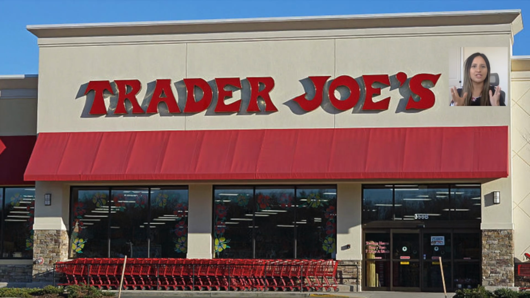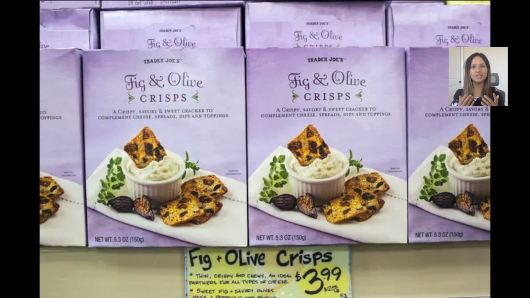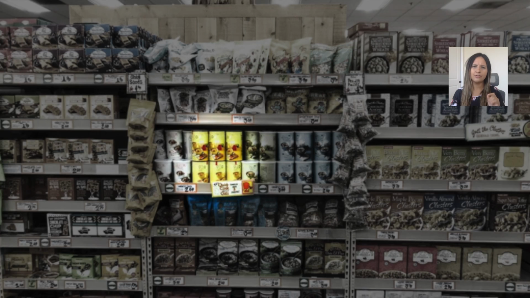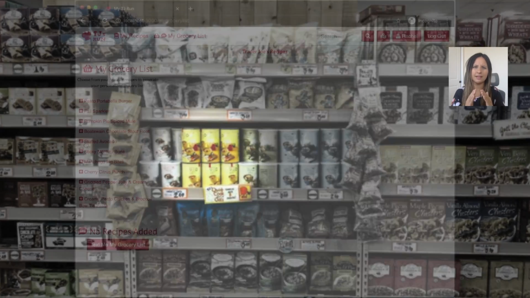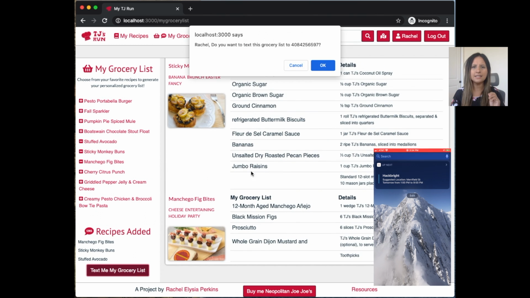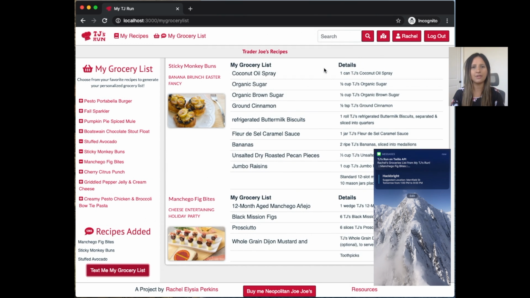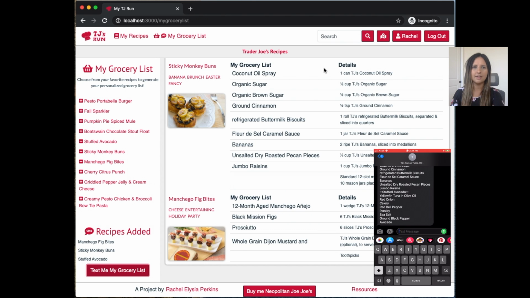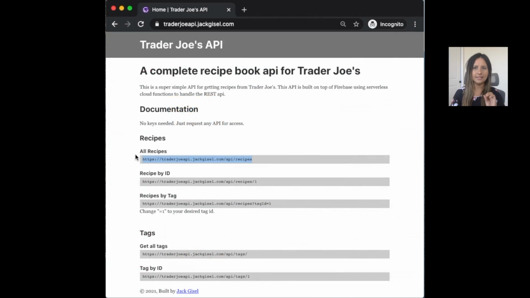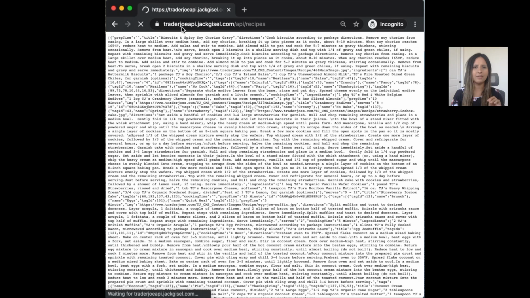How many of you love shopping at Trader Joe's? They have many specialty ingredients, but it's difficult to piece them together while you're there, and frequent customers develop tunnel shopping. To improve the experience, TJ's Run allows users to simply text a list of ingredients of their favorite Trader Joe's recipes. After discovering a bare-bone Trader Joe's API, I designed my data model to support my MVP and needed